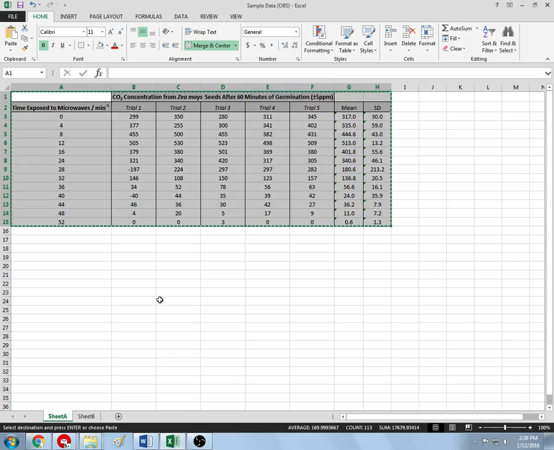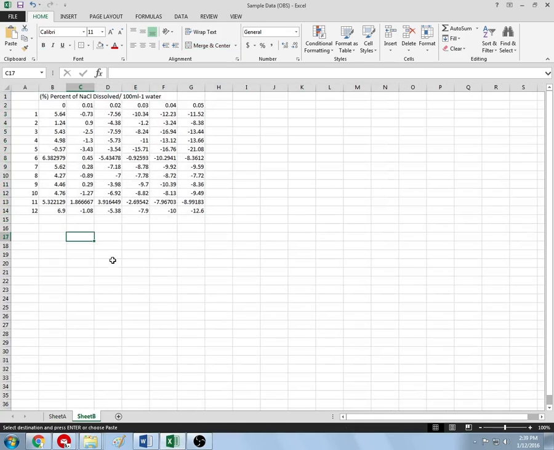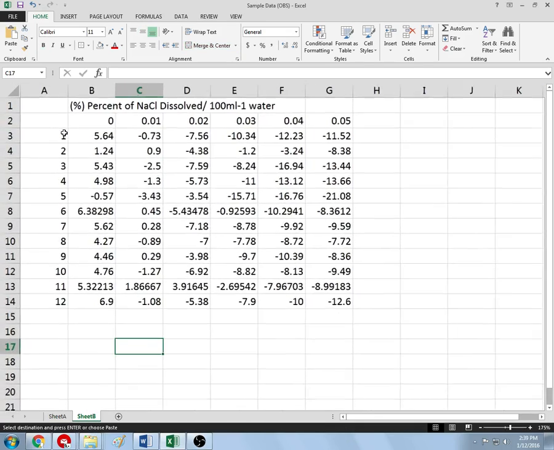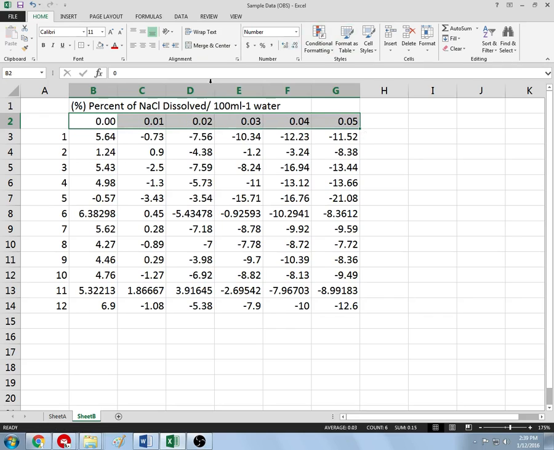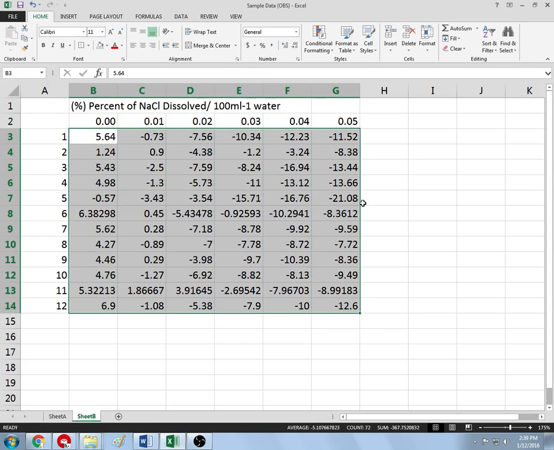Let's do this one more time with another set of data. This set of data, we are looking at an osmosis lab where we dissolved salt in water solutions. These represent the percent solution of salt that is in there. And first of all, I'm going to have to make sure these are all consistent decimal points by going up here to number. And it looks like my data is kind of crazy, probably because some of the students, this student here probably thought they could add all kinds of decimal points, and this student here didn't put 2 decimal points behind it. What we're going to do is highlight our raw data, although I could probably do this later,